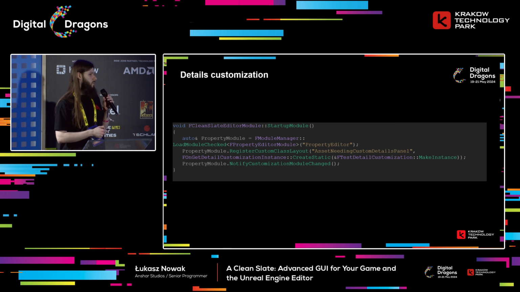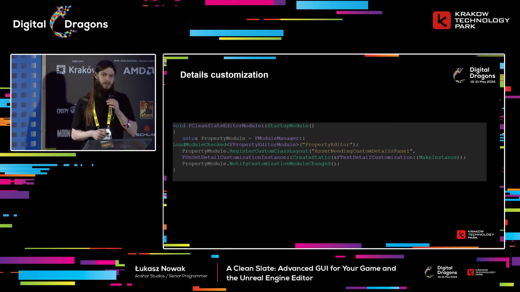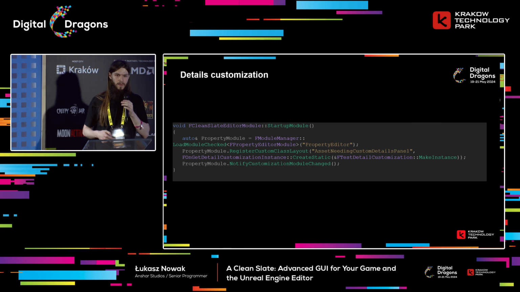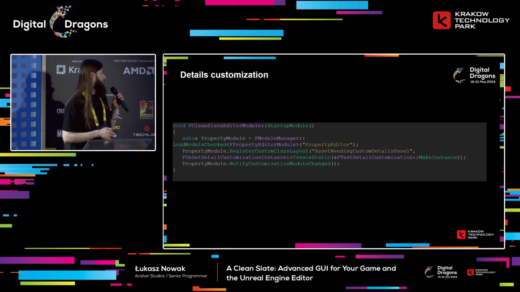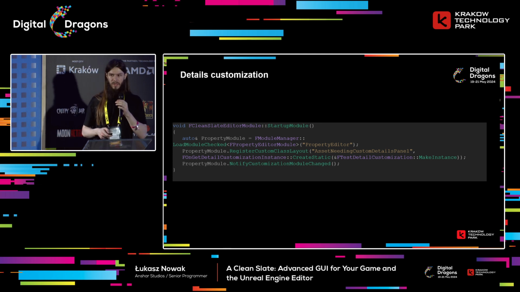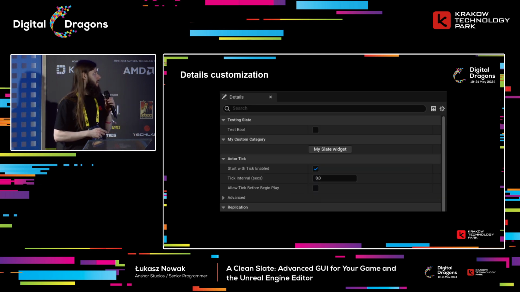You can do it dynamically, but then you would have to worry about the asset load times and what happens between them. So I recommend you just do it in your module startup. I'm just calling register custom class layout on whatever class this is, and then I'm just creating this layout I've created earlier, and now whatever this actor or this asset is, it has my custom category